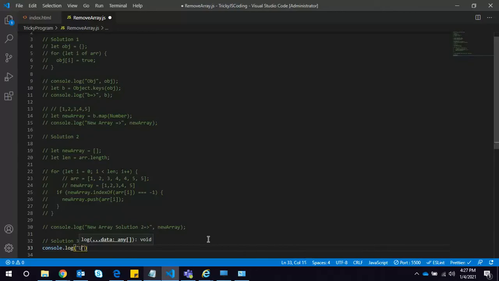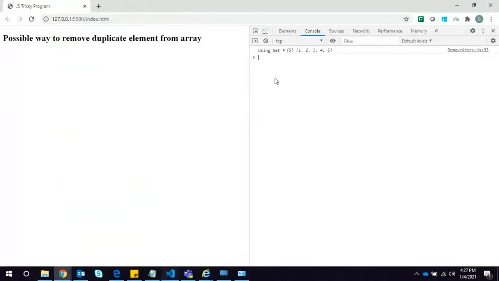So I'm using Set here, and we have to write the array, and it will return the unique elements in the array.